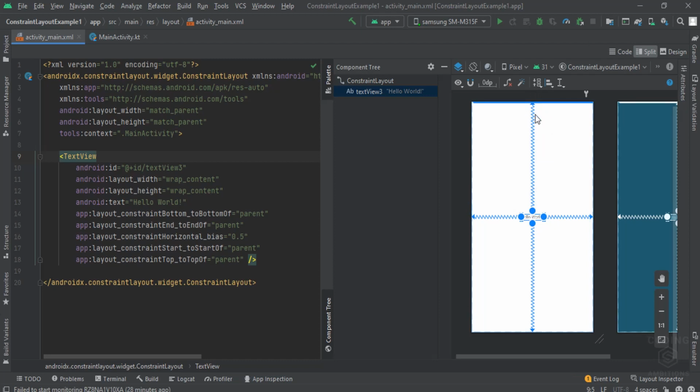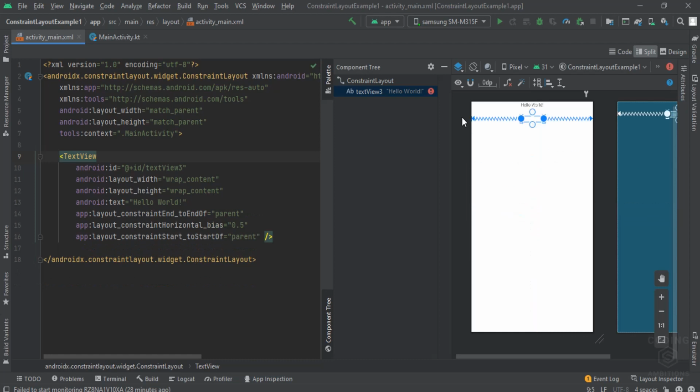At this point we use the shortcuts. So let's see how we can do these things programmatically or by using layout editors. And there is one more thing you can use here: if you want to clear all the constraints, you can use this tool here.